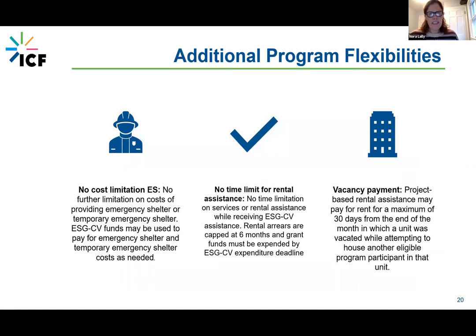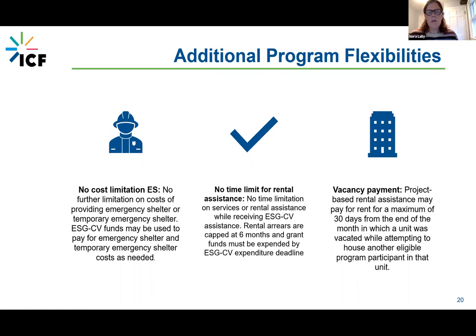A few other flexibilities have come through in the ESG-CV program. There has been a reduction in the limitation on emergency shelter. In the first ESG notice, there were some time limitations on temporary emergency shelter. There was a shorter amount of time for when those program funds could be used. With the recent notice that came out over the summer, that limitation has gone away.